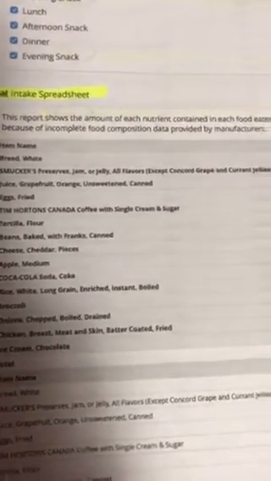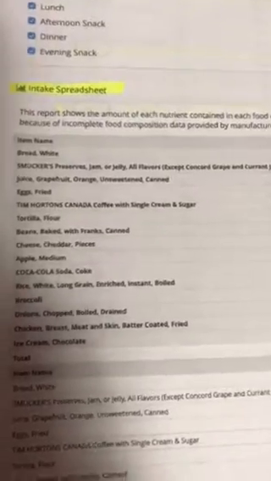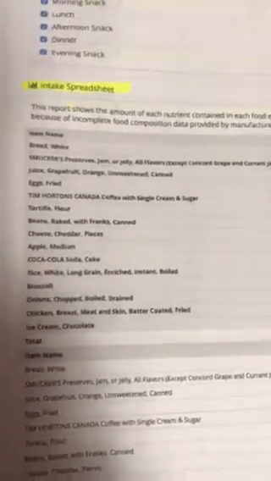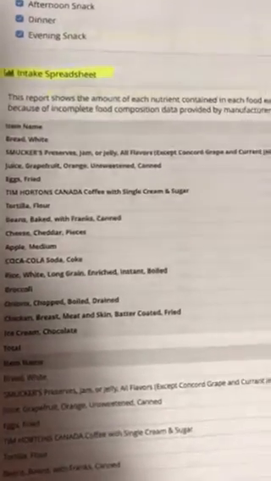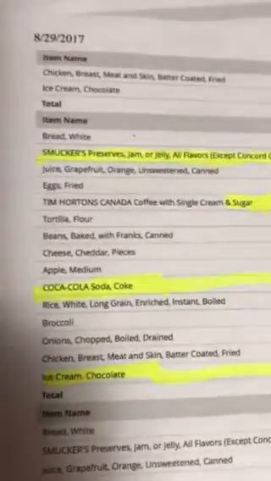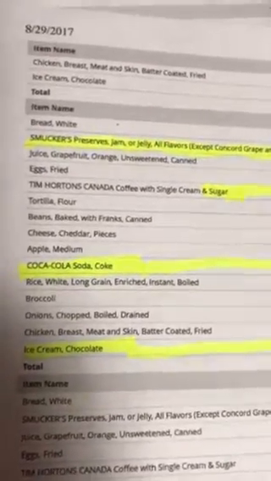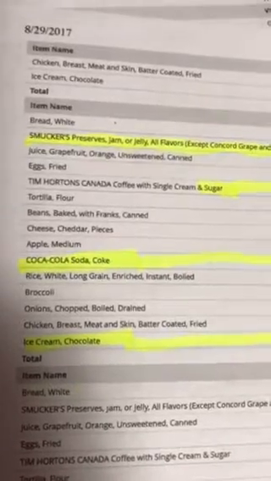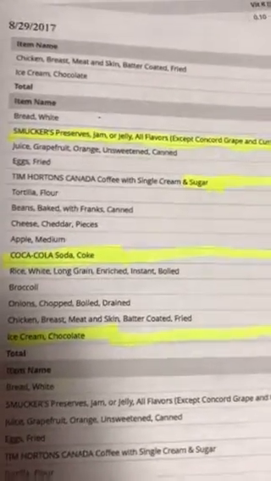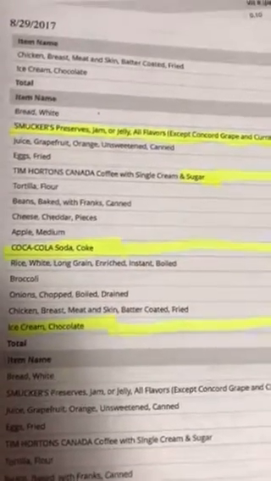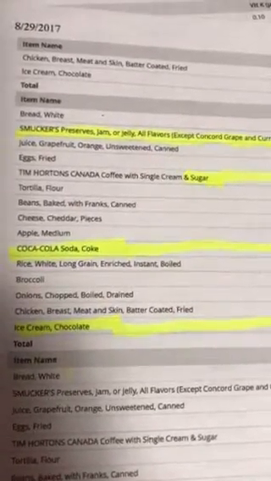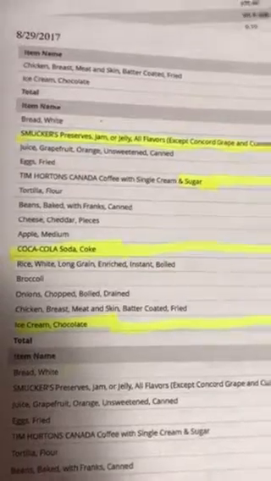The next thing that does have sugar is this coffee, and I'm actually going to flip to a different page so you can see how I've highlighted these. In this instance, it really helps to print your printouts versus just doing them online. This is the same column, but it's slightly different. So here I've highlighted things that have sugar. Next, I've got Coca-Cola. That definitely does not give a lot of nutrients, but it does give sugar, and chocolate